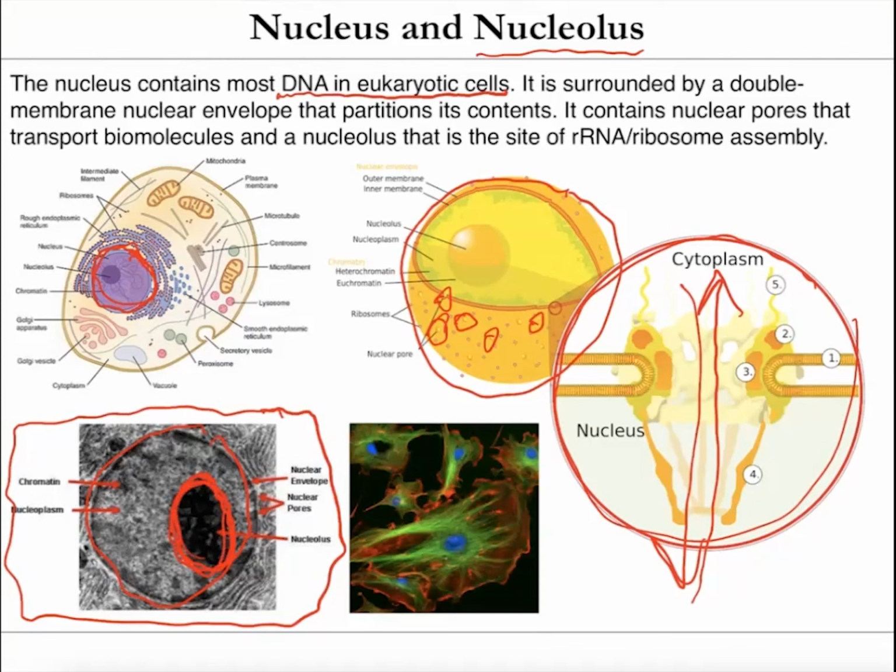If you're ever doing something like light microscopy in cells, you'll often see this blue circle here. That is a stain called DAPI that will specifically stain the nucleus in cells. This makes it really easy to visualize these cells because you can always orient yourself with the nucleus. So that's the nucleus. It's the quote unquote brain of the cell because it contains most of the DNA in eukaryotic cells. And by most, I mean the vast majority. The mitochondria contains some DNA, but almost all of your genetic information is stored in the nucleus.